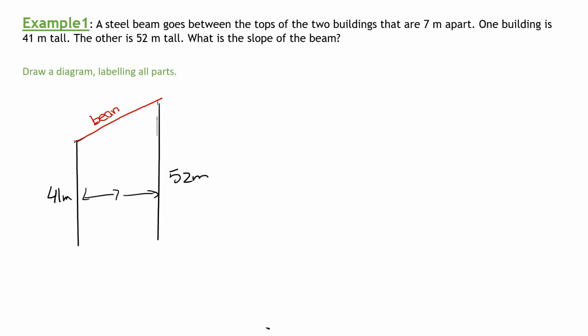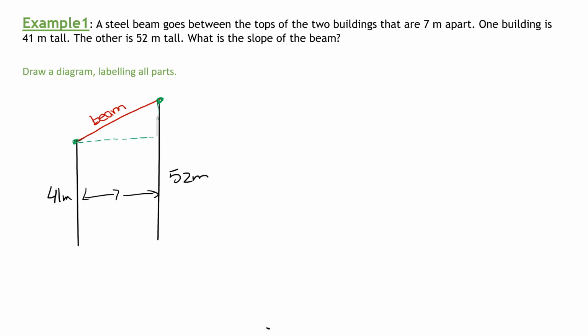And we're supposed to find the slope of the beam. So what are we going to do? Well, we're of course going to do a rise over run. We've got to turn it into a triangle. So I'm going from this point here to this point here, and I'm going to draw a triangle across like this,